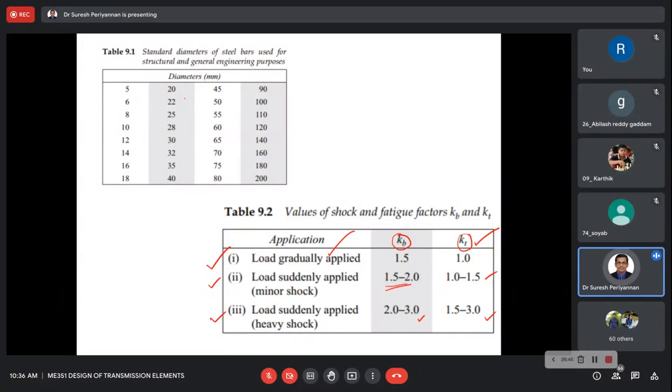Now, generally, for shaft diameter, in Design of Machine Elements we discussed how we go about making products. There's a standard method and standard dimensions we should follow for manufacturing any component. That's what we studied clearly in the last subject, Design of Machine Elements, right? Similarly, see here, the diameters of the shaft: 5 mm, next size 6 mm, next size 8 mm, next size 10, 12, 14, 15, 18.